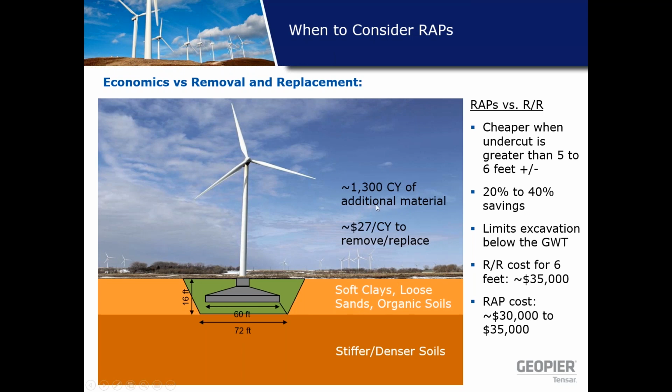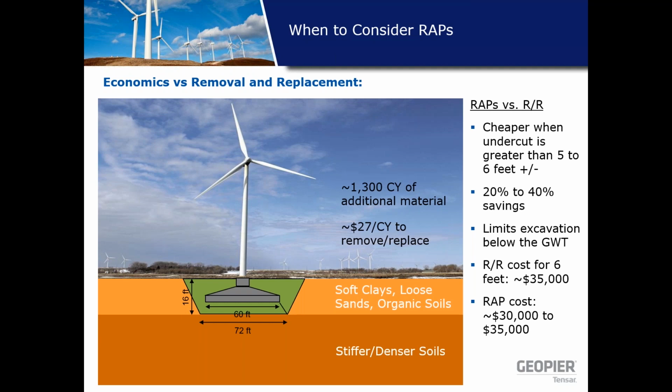The required amount of additional material to be removed is about 1,300 cubic yards. And at $27 a cubic yard, that cost for removal and replacement is about $35,000. I would suggest that the cost to support the same foundation on rammed aggregate piers, tagging into the stiffer, denser soils, would be about the same cost, about $30,000 to $35,000. So it lends credence to the fact that the 5 to 6 foot undercut is about the break-even point between